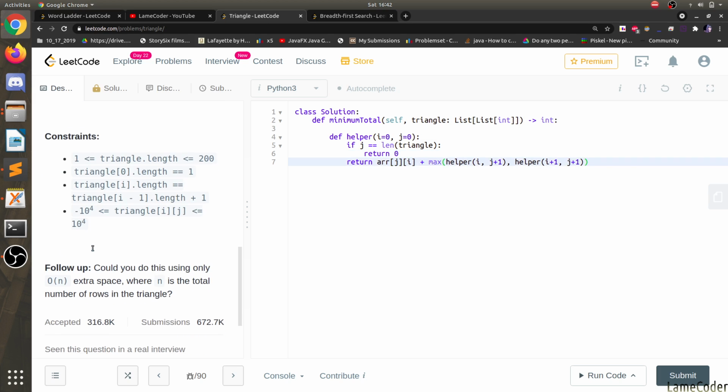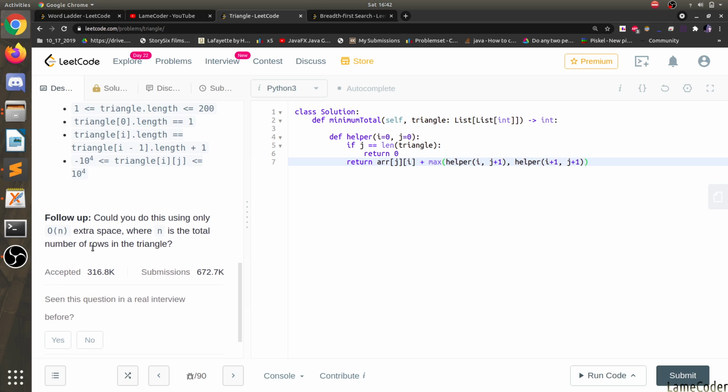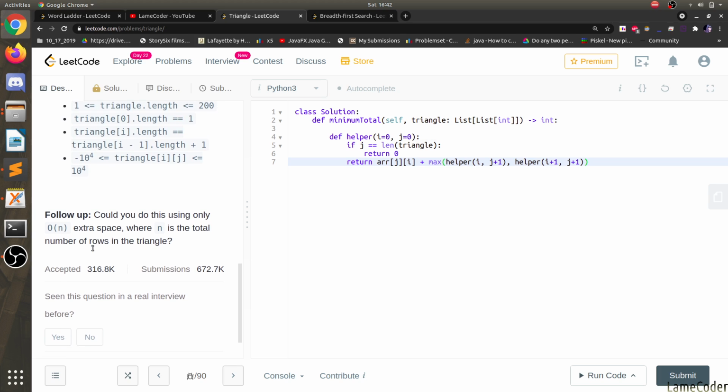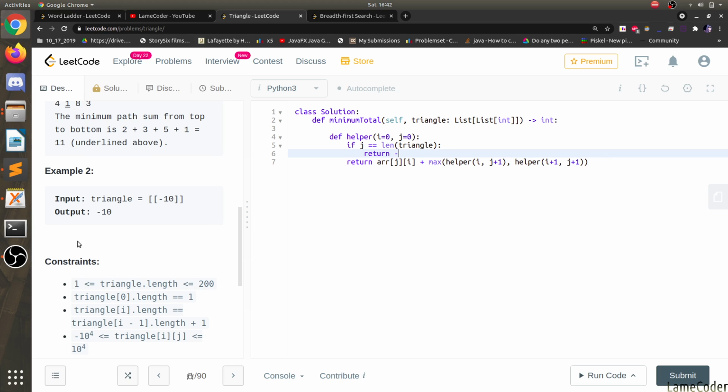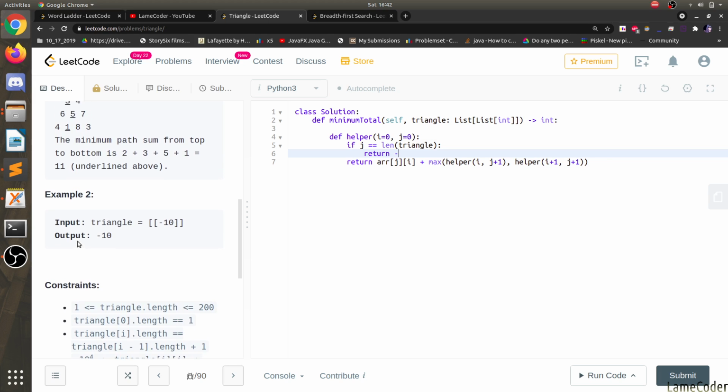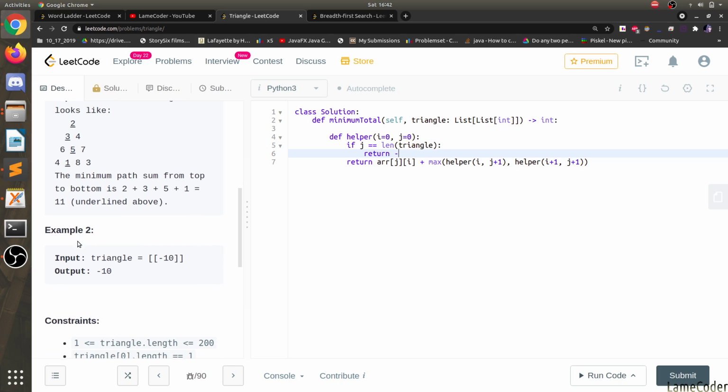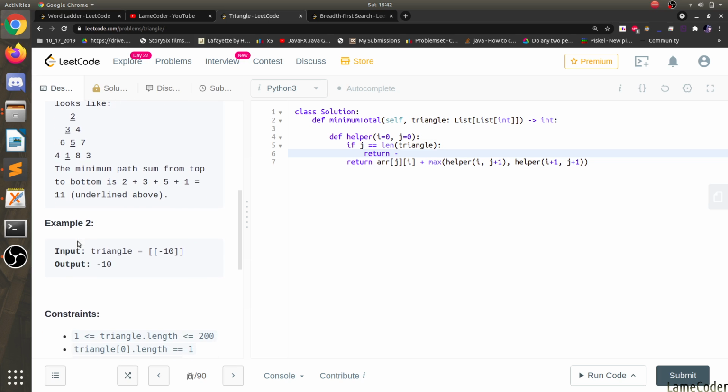Oh, it can be minimum also, right? Values go down to minus 10 to the power 4. So rather than returning 0, it can go negative also. Whenever we hit the base, we have to return the value.